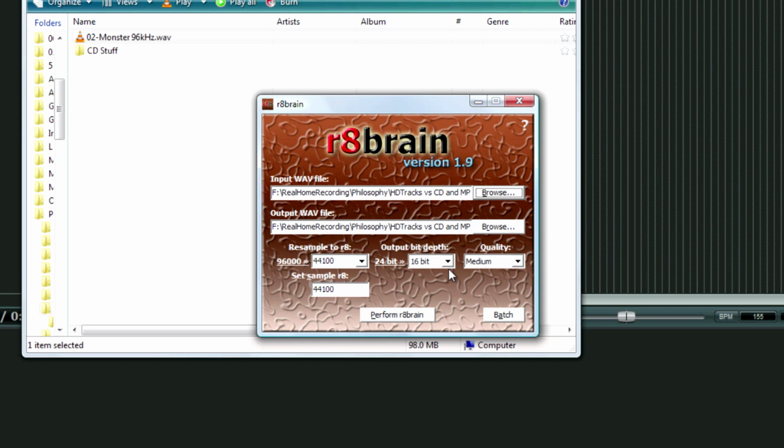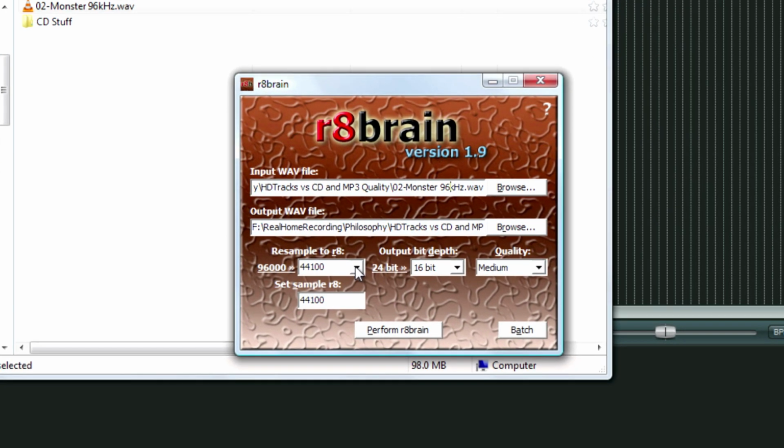Okay, I had to close my original program so that I could open this file. It wouldn't open otherwise. So this is the file we're using, and we're going to actually do a few different down samples or resamples. The only sample rate we're going to do is 44100, which is CD quality, and we're going to do a 32-bit floating point for the bit depth and change the quality to very high. And we're going to call this first one,